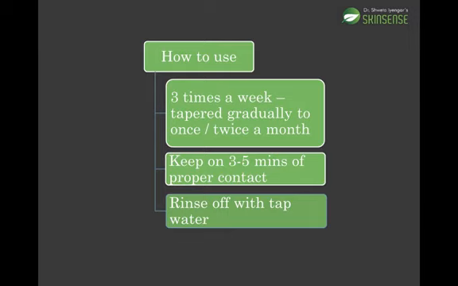So I would want you to use an anti-dandruff shampoo 3 times a week if possible, and this needs to be used for the first 21 days probably, in which you will see a significant control in both the dandruff, the itching, and the oiliness of the scalp. Then we can gradually taper it to twice a week, and then once a week, and then once in 15 days. Of course, I will not be able to write a regime and give you that this is the way you should go about it.